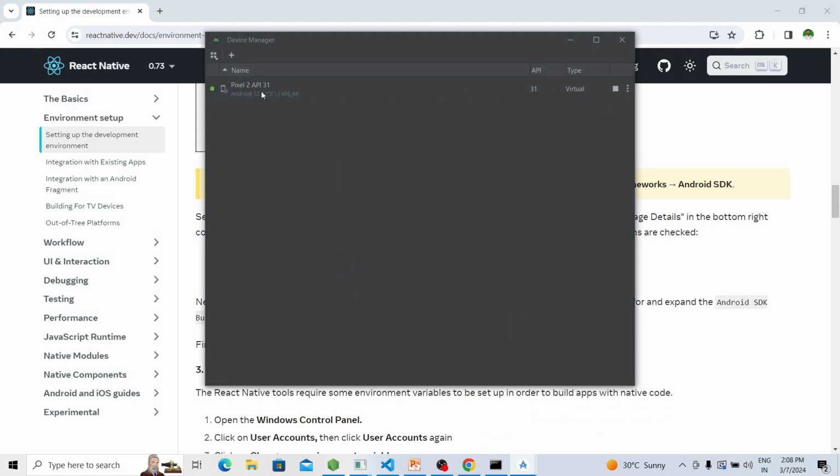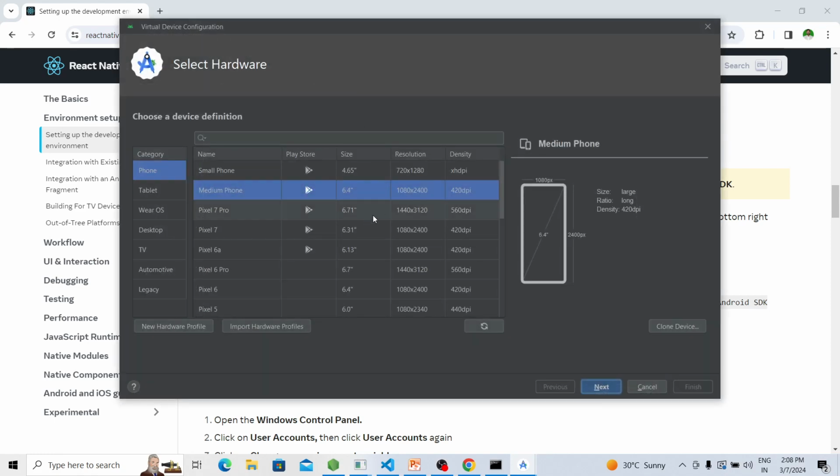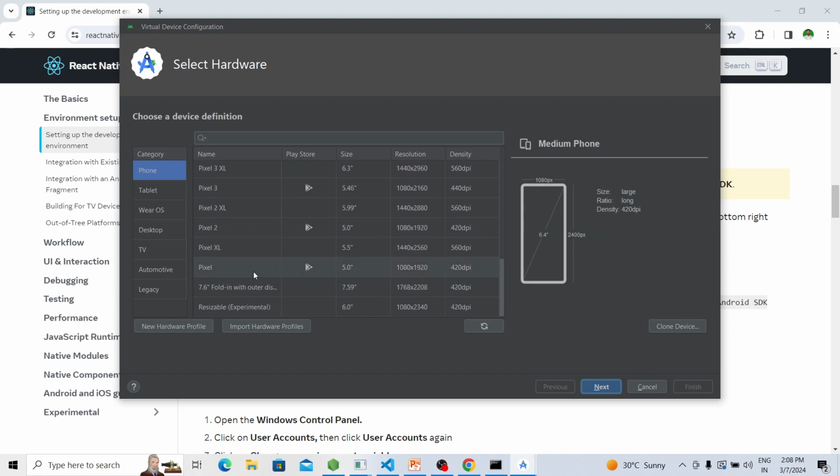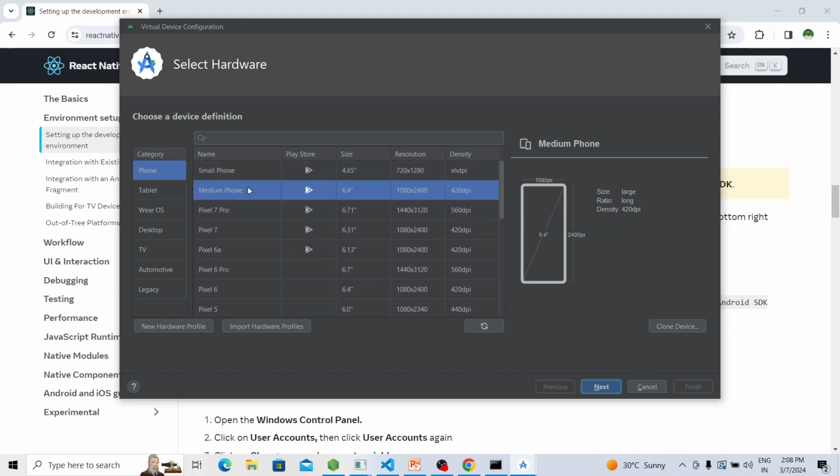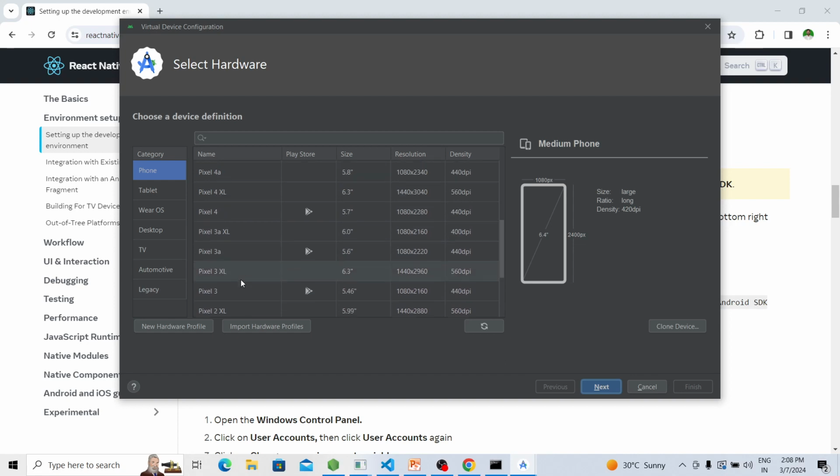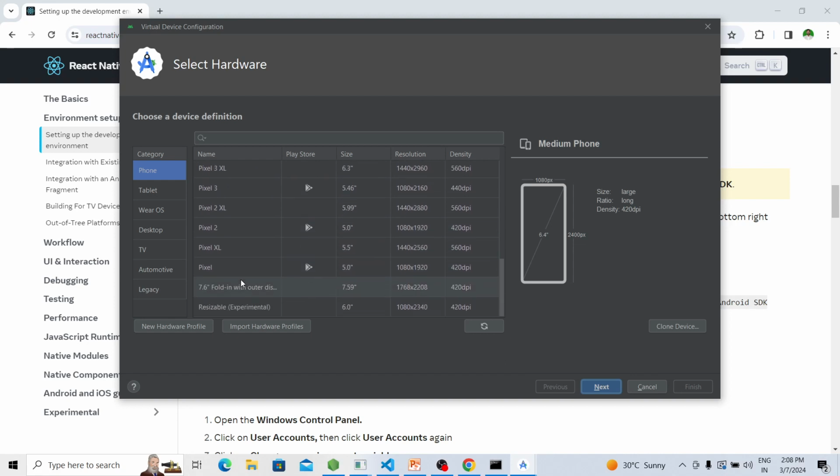Here I already have this virtual device manager. If you want to add or create an Android virtual device, you have to click on this plus button. After that you have to select any of these names: Pixel 5, Pixel 3, Pixel 2, Pixel XL. So I'm going to select this one. Next,